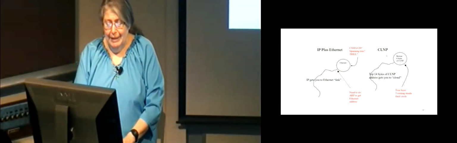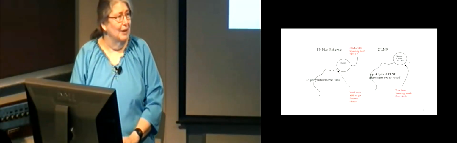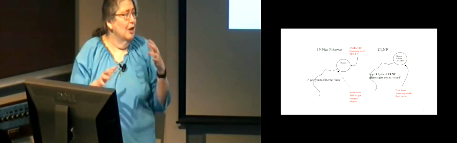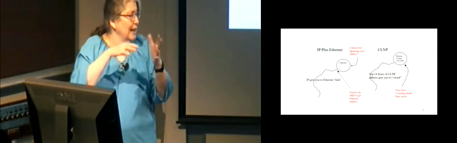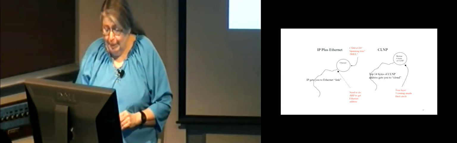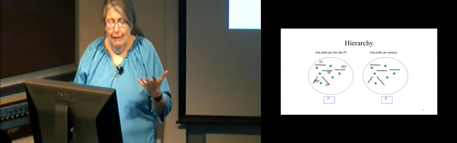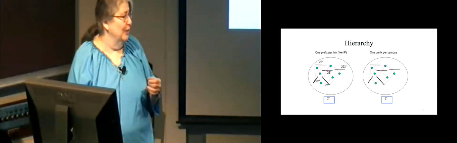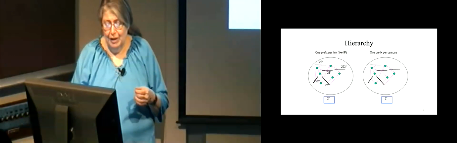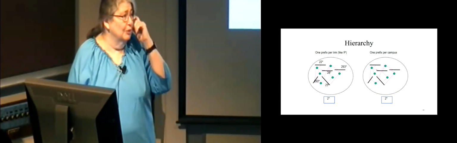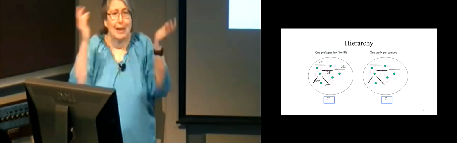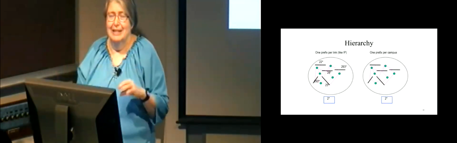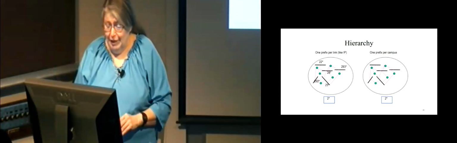Whereas if you'd used CLNP, the top 14 bytes gets you to a cloud, but you don't need to do ARP because the rest of the address is right there. And then you have a genuine layer 3 protocol doing routing on the bottom 6 bytes. So again, if you have one prefix per link, there's all this configuration necessary on all the routers. Whereas if you have one prefix per campus, inside your campus you don't need any configuration at all. Just plug it together. And someone has to be told what the 14-byte prefix of this data center is. But after that, no more configuration.